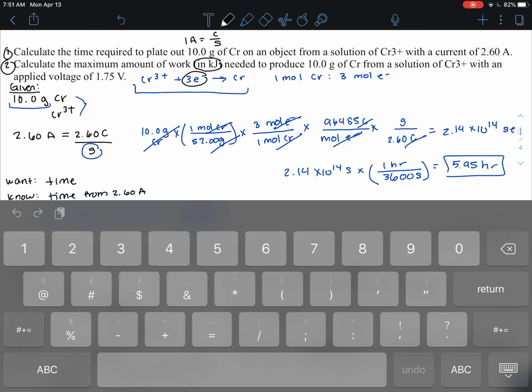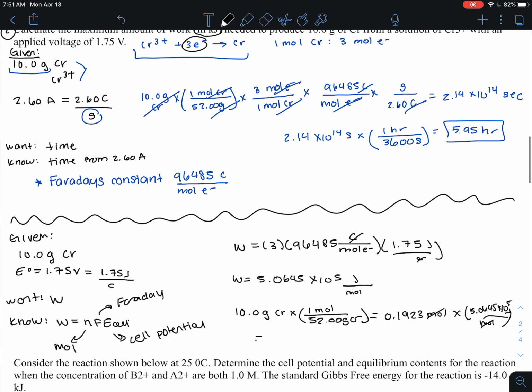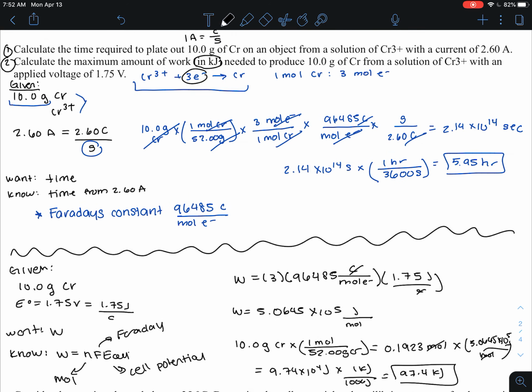That multiplied by 5.0645 times 10 to the 5th joules per mole will get rid of your moles, and you would be left with 9.74 times 10 to the 4th joules, and you want kilojoules, so then you divide by 1,000 to get 97.4